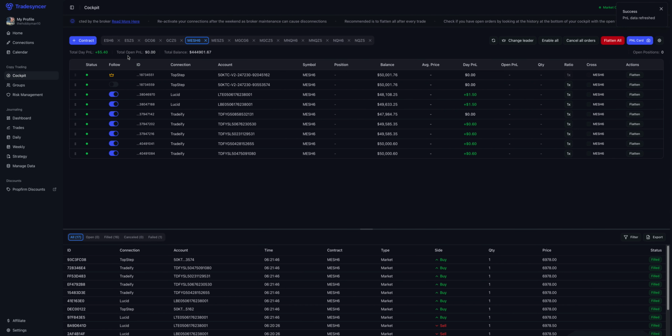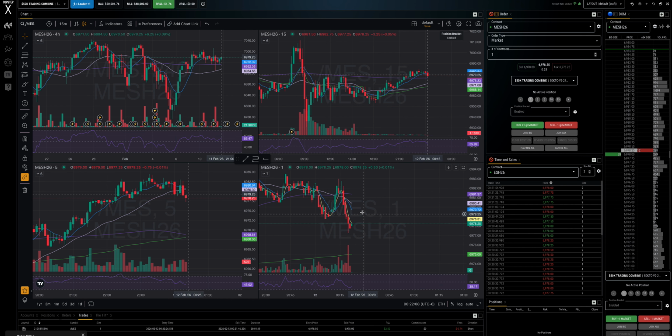And well, it must have went back up, because you can see these two got 0, these barely got $1.50 on Lucid, and these Tradeify ones got 60 cents, so that's why it's only up $5.40. I don't know why it didn't stay open to the $3 here. Maybe it, no, the trade didn't even go up. But